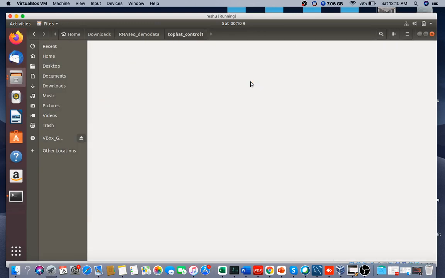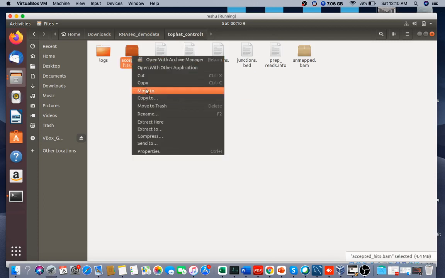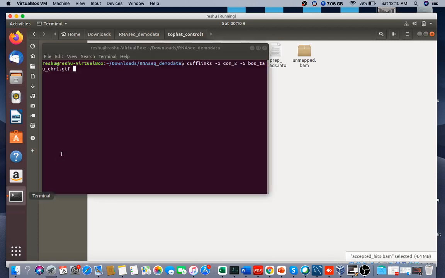So for control 1, just copy it, and then you can paste it here.